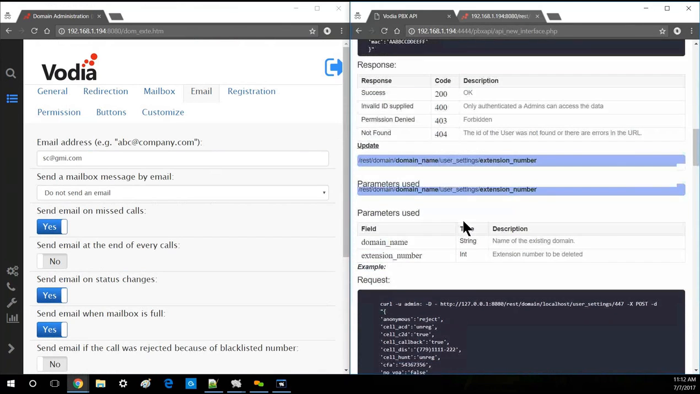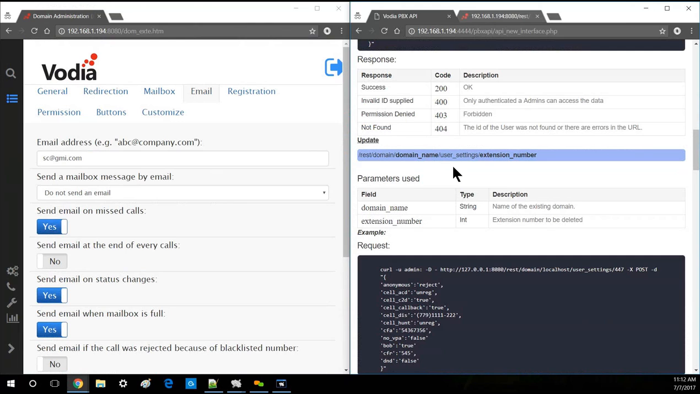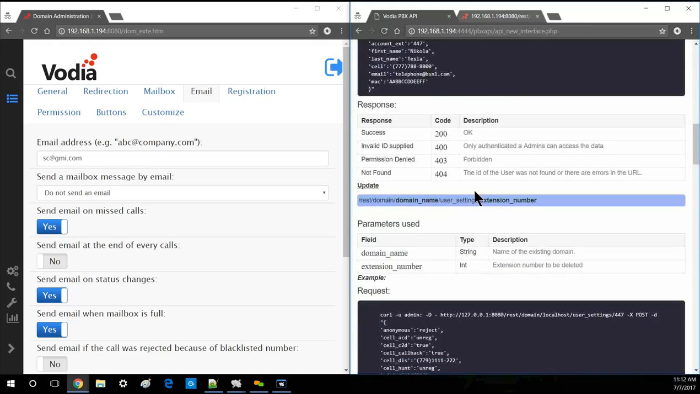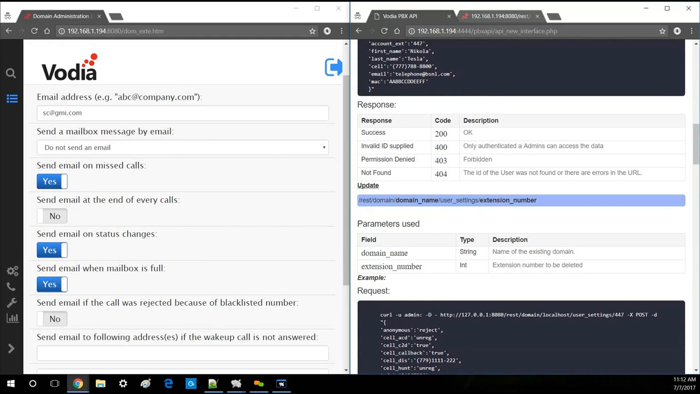And let's say you have to update this extension now. There's a little bit of change in the API compared to what we used while creating it, just keeping it as uniform as we can. So for update, I have my own